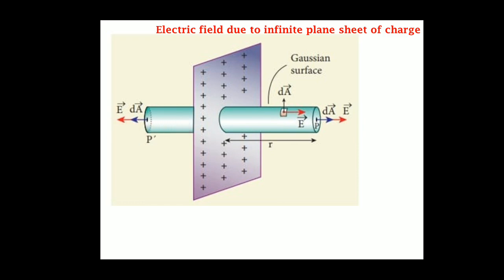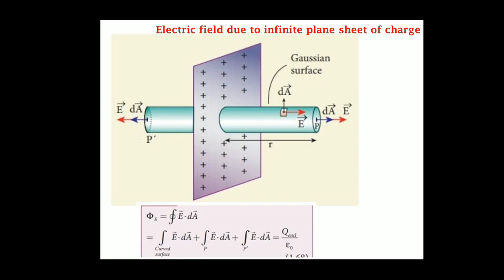Now I have three areas. So we can take one flat surface P, here one surface P dash, and here in the curved surface a small area dA. Everywhere I have taken dA. Shall we apply Gauss law? What is the formula? Phi is equal to closed integral E dot dA. In this diagram, any letter you can use for dA, total electric flux.